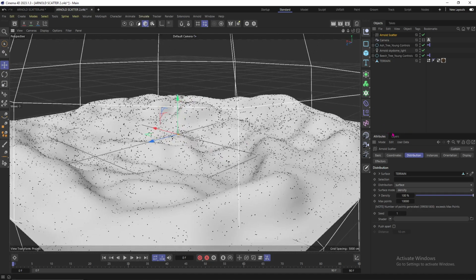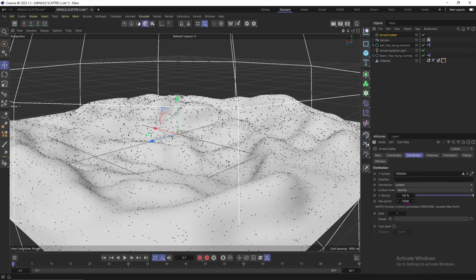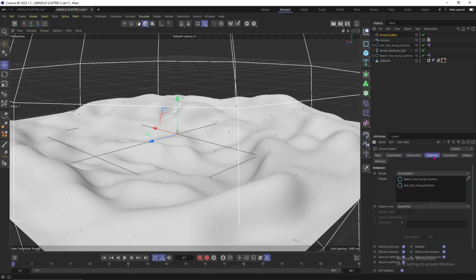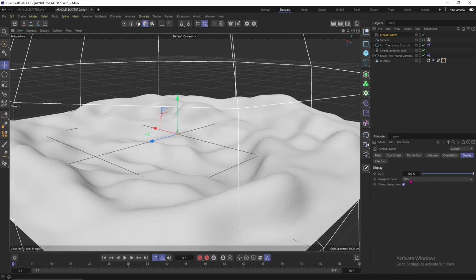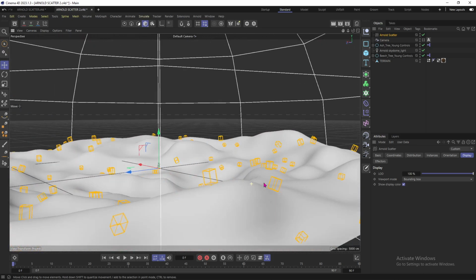So I can come here under instances. I'll just drag my trees in here and reduce the distribution to like 100 points. And in the display, under instances, I'll choose shapes. Under display, I'll choose bounding boxes, and you can see all these bounding boxes distributed on this